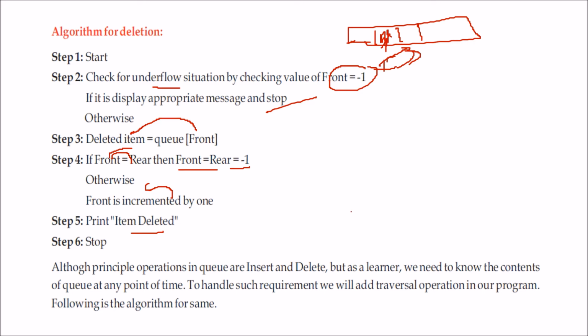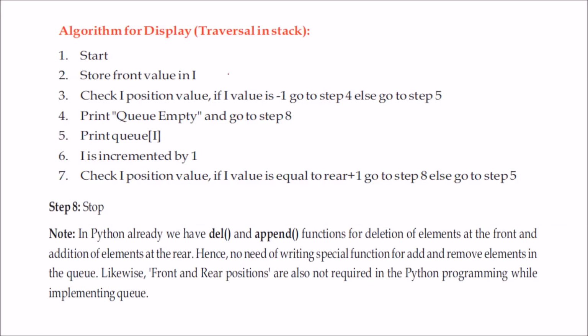languages like Python, there are already inbuilt functions for that. If you want to traverse, you just have to see whether the front is -1 or not. If front is -1, there is no element, the queue is empty. Otherwise, we just have to use a for or while loop, and you can traverse from front till you go to the rear point. So we already have del and append functions in Python that deal with this. So front and rear are already implemented in Python, so you don't have to worry